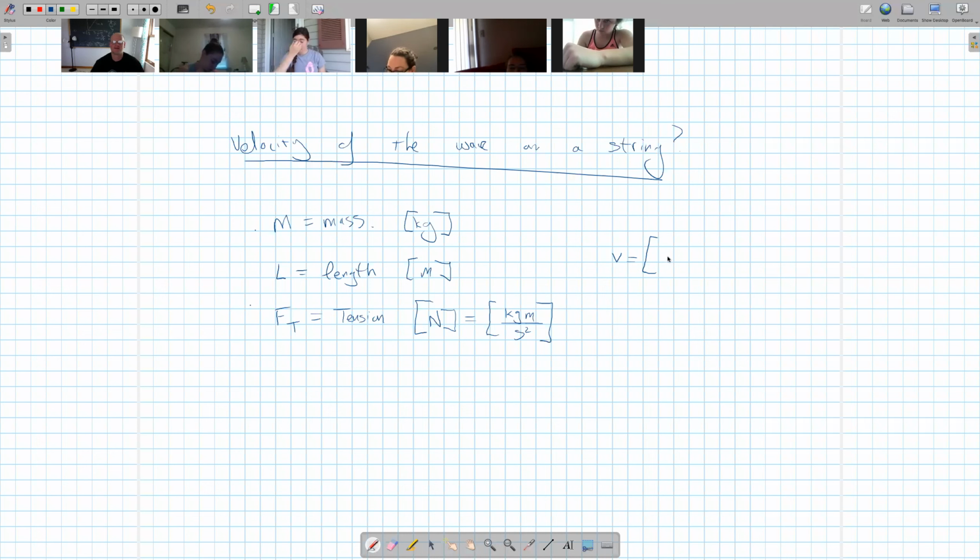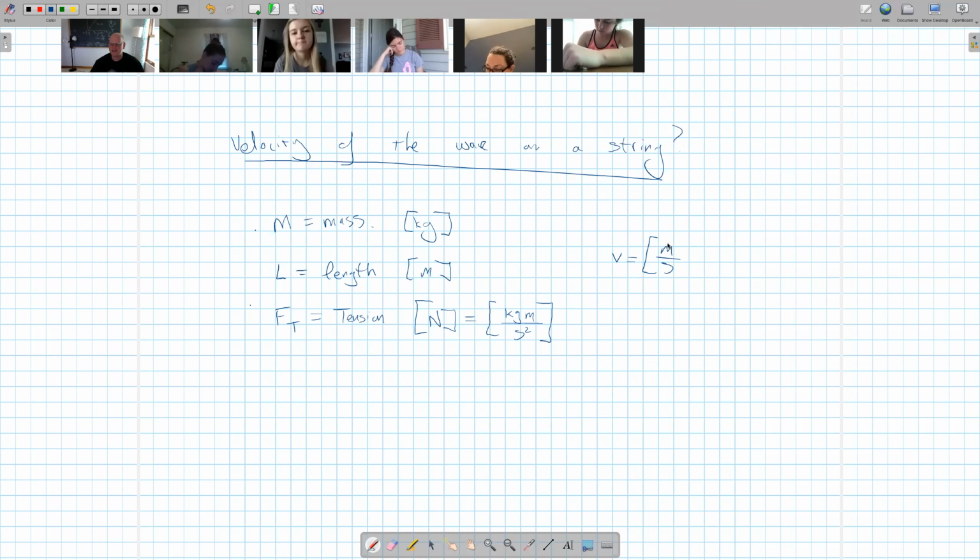Meters per second. Good. So basically, what we want to do is come up with a meter per second from the quantities the string has, the mass, the length, and the tension, by using dimensional analysis. So first of all, we want a meter per second. And if we look at the newtons, we have a kilogram meter per second squared. So that tells us the velocity is going to have to go something as the